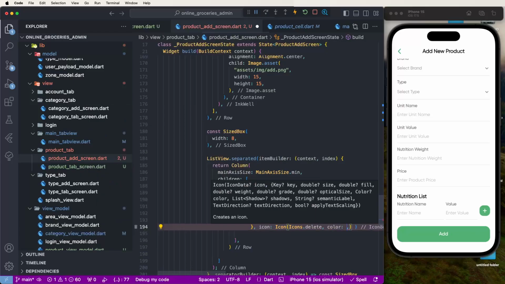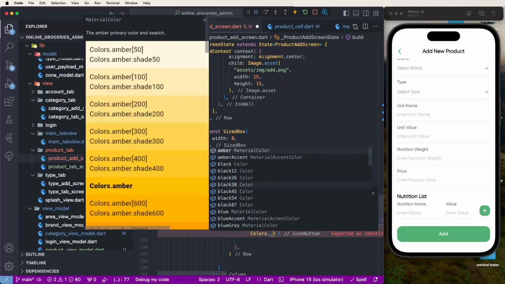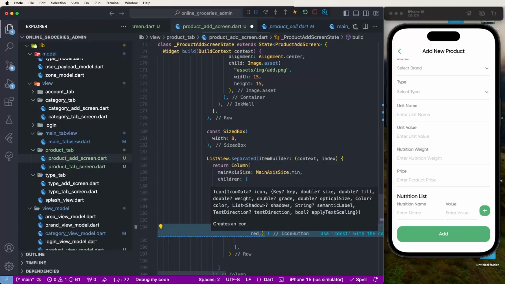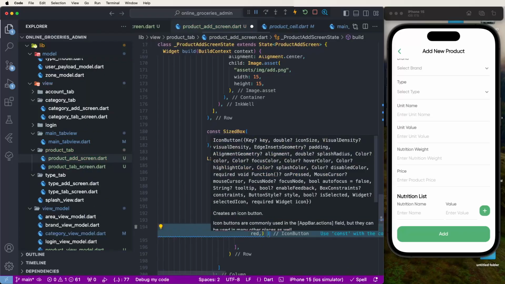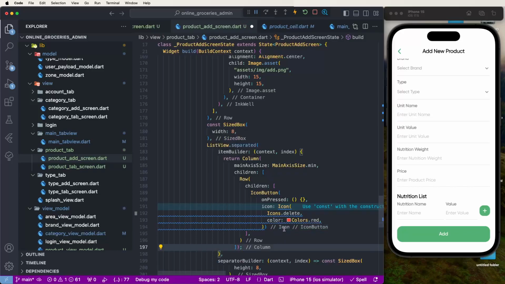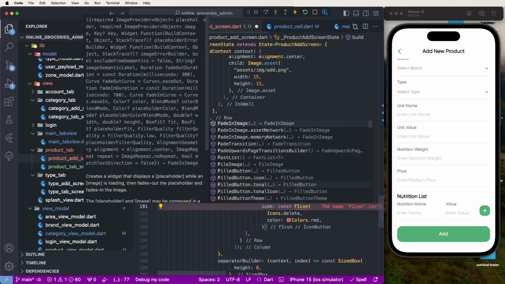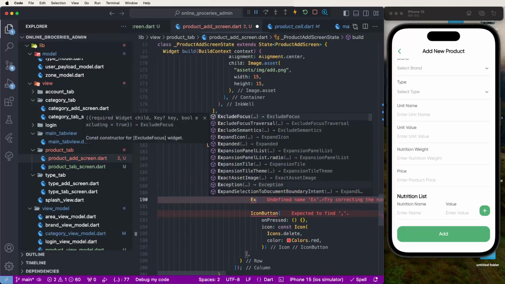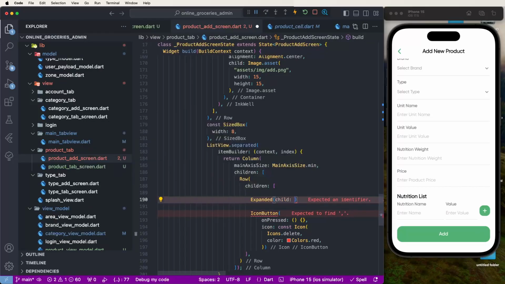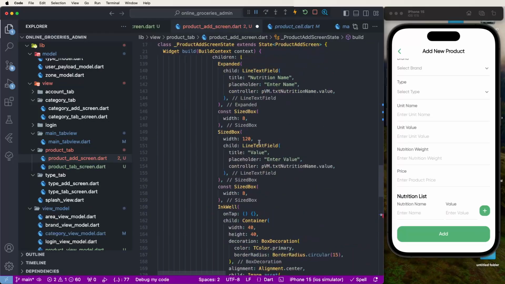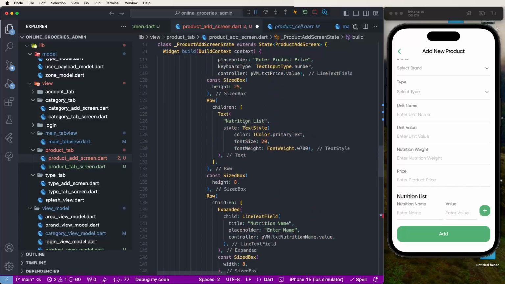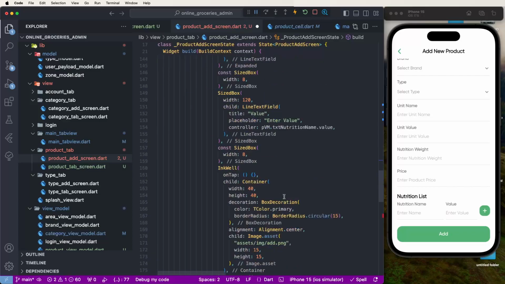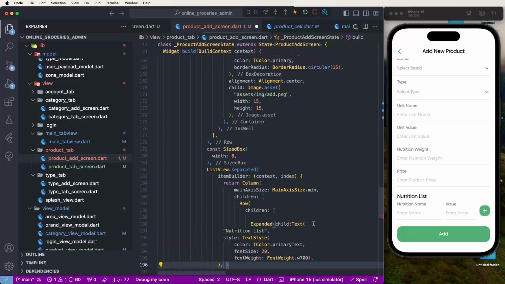set here colors, color red. Like this, set seeds and set here const. Now we need to write down here the expand, and inside we need to put here the text. Copy here this nutrition list and paste this here